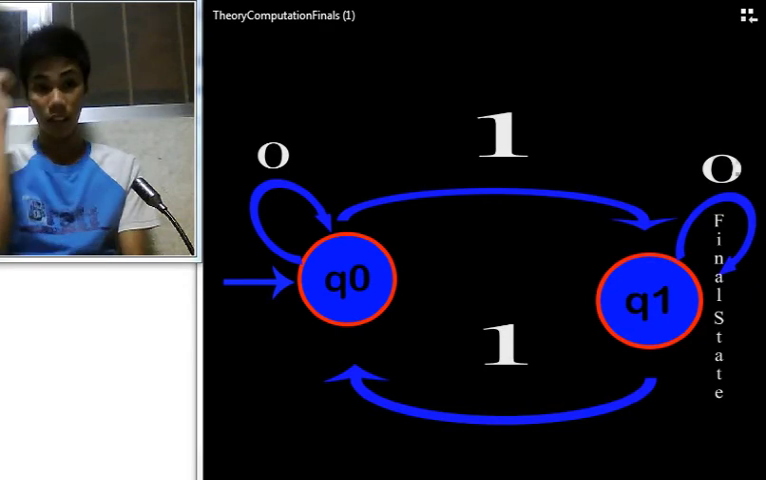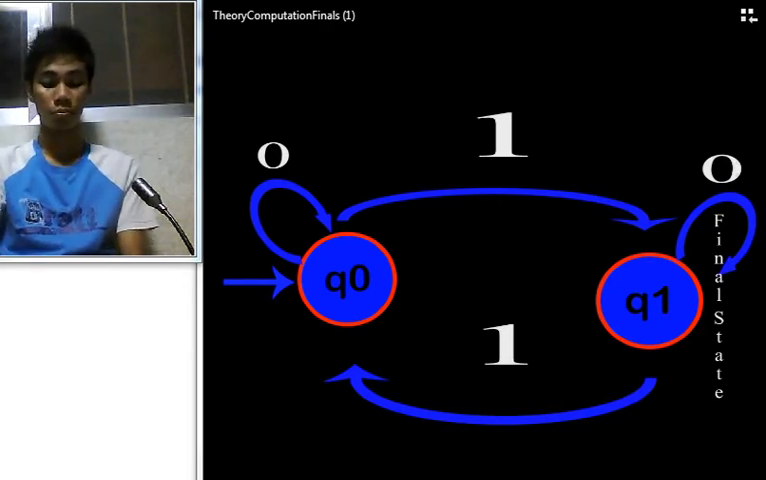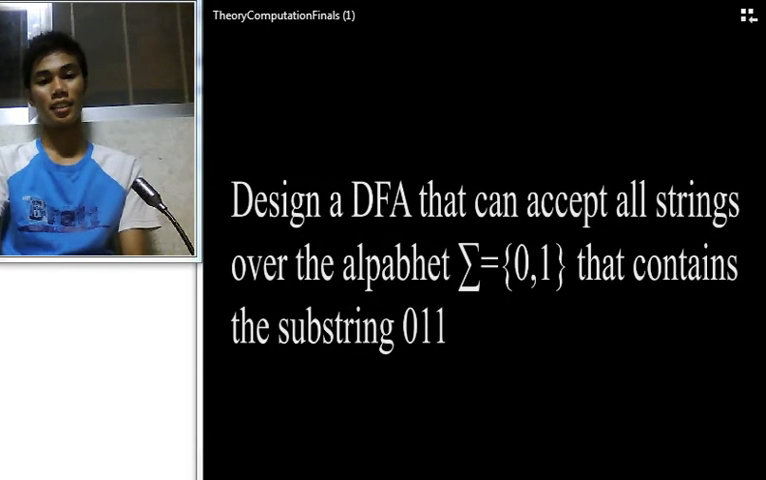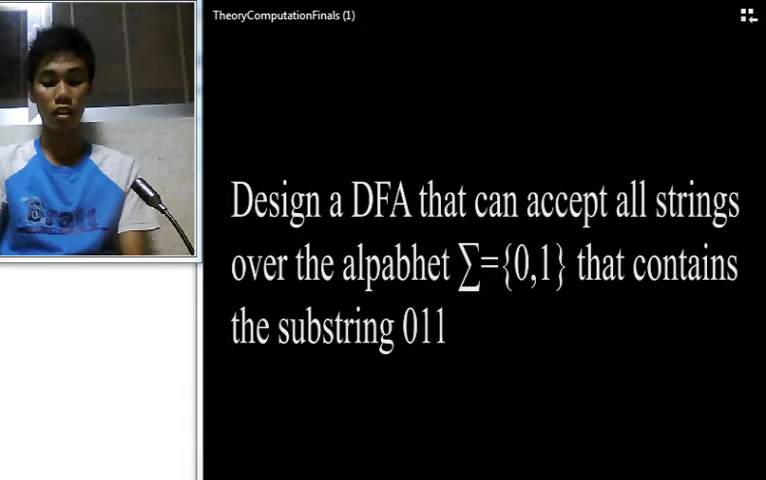And our second problem is design a DFA that accept all strings over the alphabet 01 that contains the substring 01. In this problem, the string should have a substring of 011 to be accepted by the machine. Now, in designing, again, a start state